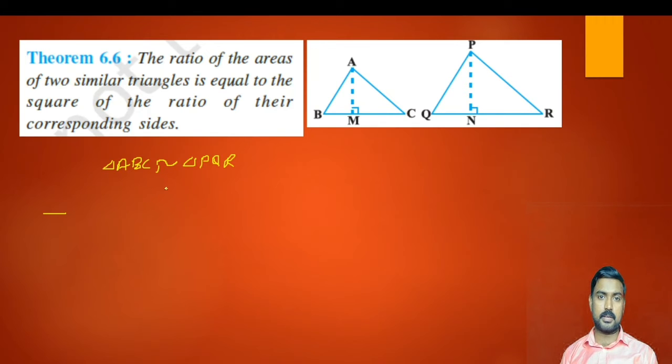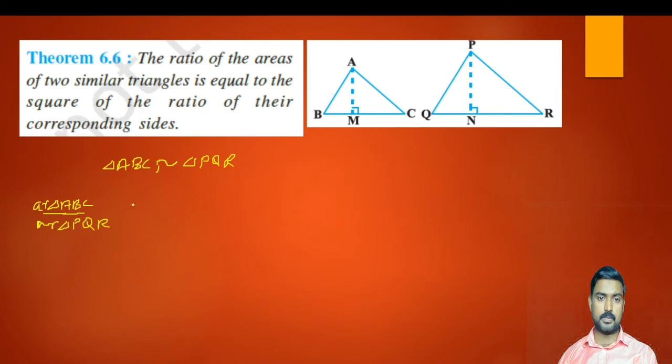Now the theorem says the ratio of the areas. So the area of the first triangle we can write as area of triangle ABC. Ratio means division. And the second triangle is area of triangle PQR. So this is the ratio of the areas of two similar triangles, which is equal to